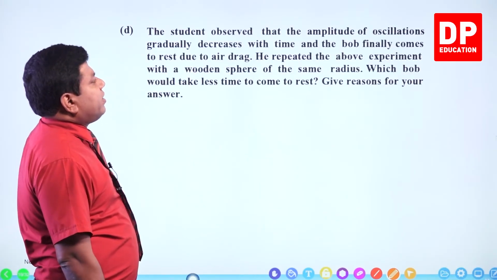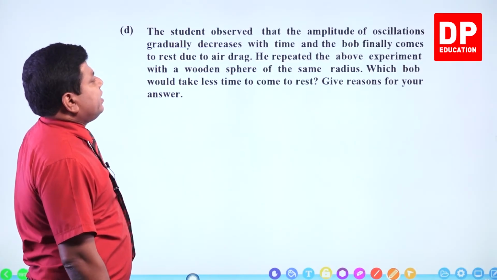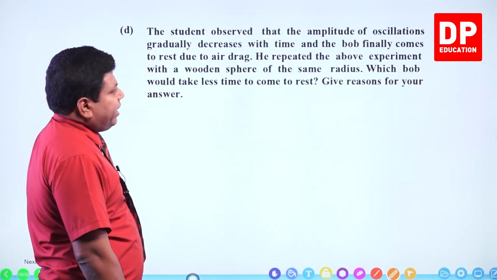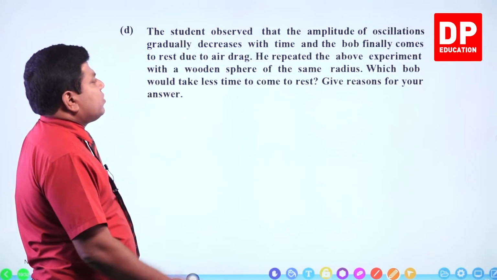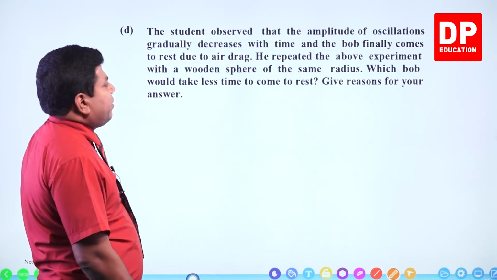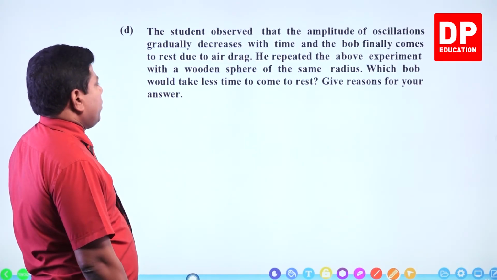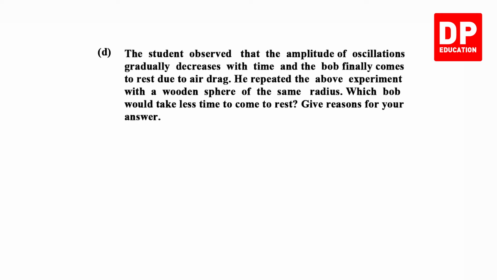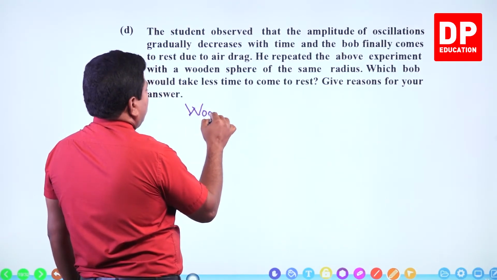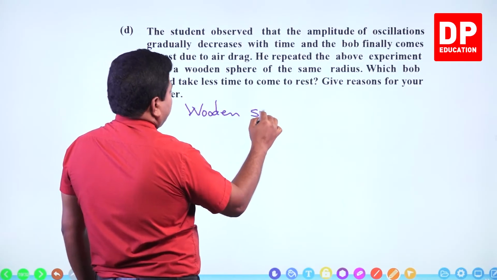The student observed that the amplitude of the oscillations gradually decreases with time and the bob finally comes to rest due to air drag. He repeated the above experiment with a wooden sphere of the same radius. Which bob would take less time to come to rest? Give reasons for your answer. Which will take less time, that means which will damp faster, which will come to rest faster? The wooden bob or wooden sphere. The reason is,